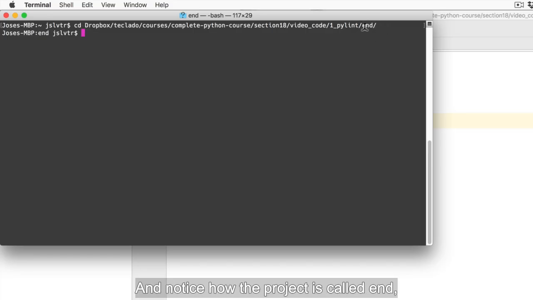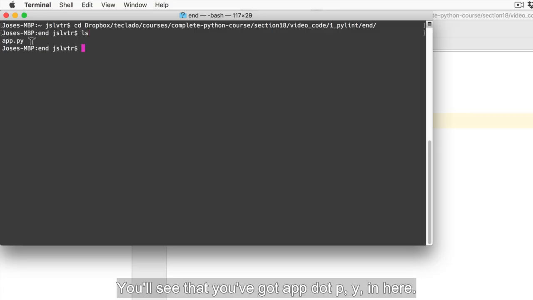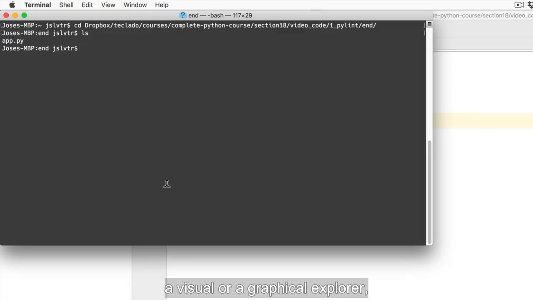And notice how the project is called End. That's just for me to structure the code for the course a bit better. Then if we type ls or dir if you're in Windows, you'll see that you've got app.py in here. So this is where our file exists in our disk. You can, of course, navigate to this path using a visual or graphical explorer like Windows Explorer or Finder,